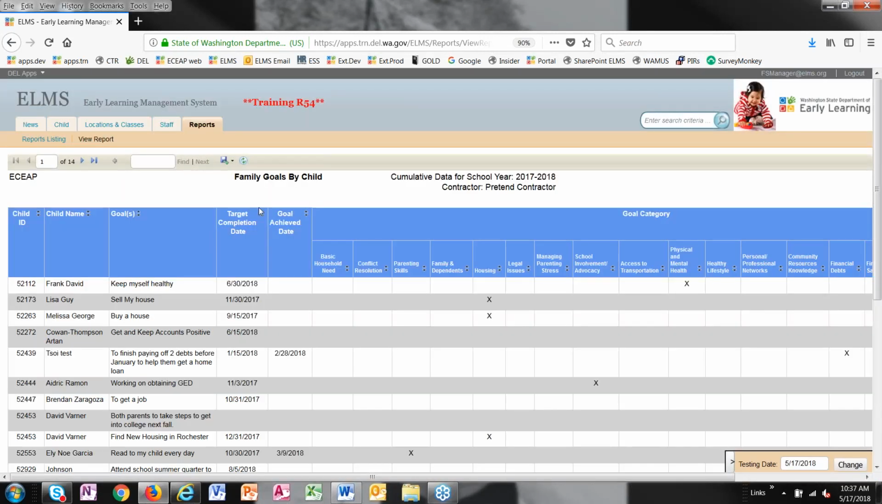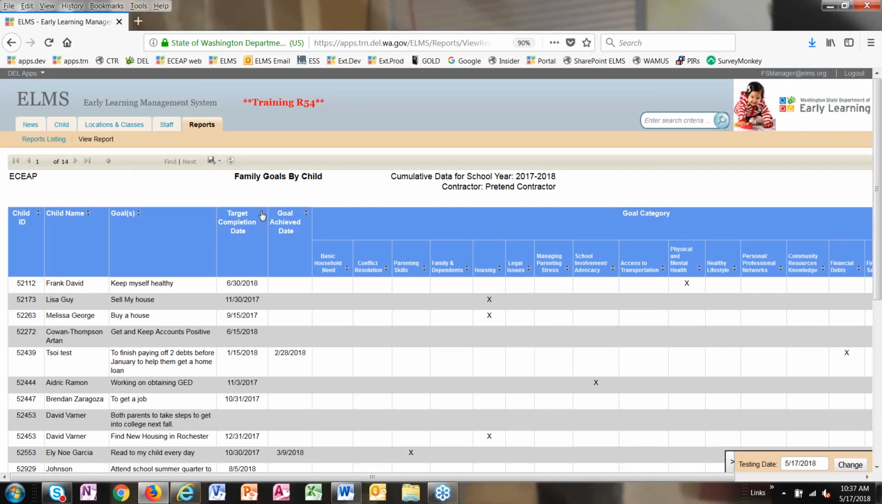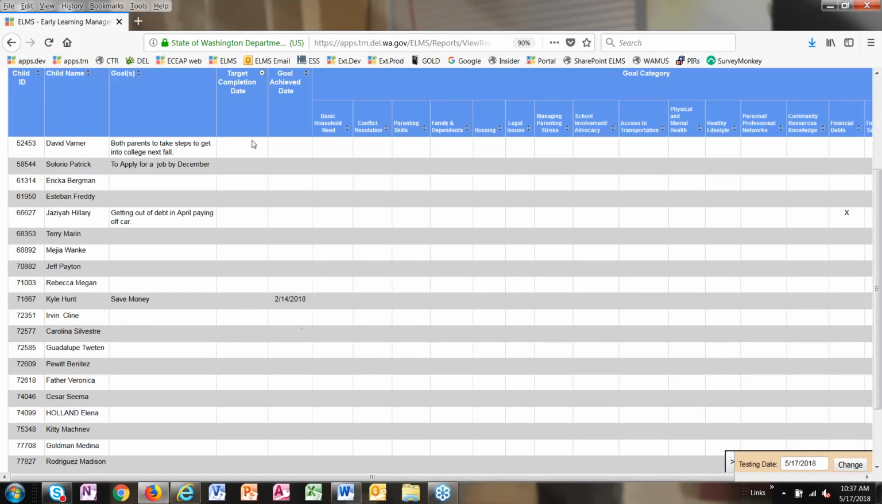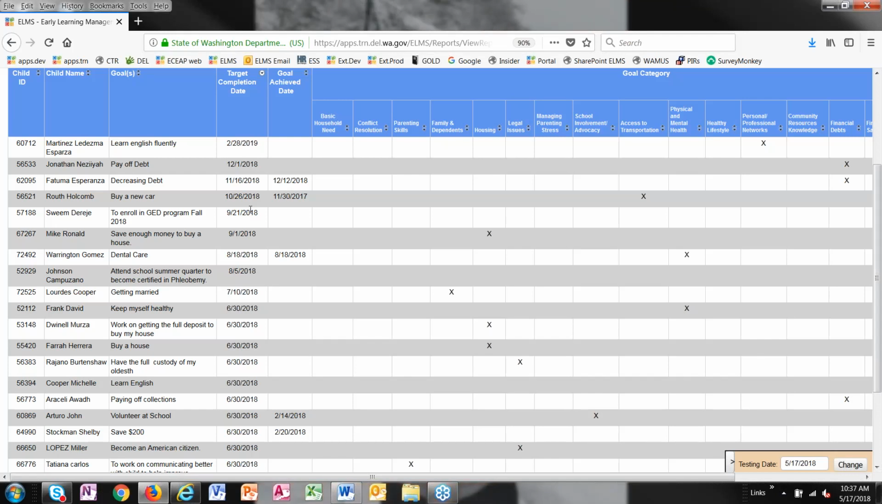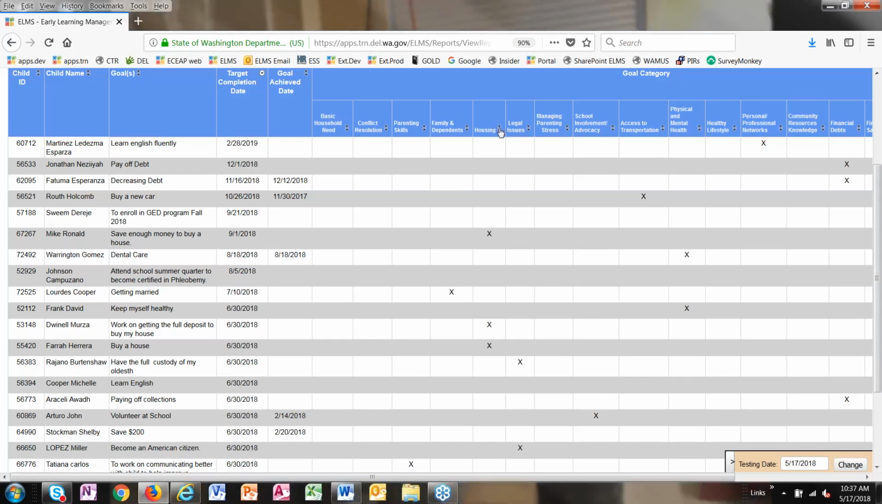And I would just urge everyone to really play around with that. That was something in the pilot that folks felt was very, very helpful, to be able to search by target completion date so that they can see, oh, in the month of December, I need to check in with these 3 families, because this is where we had originally set our target date. Great, thank you. You can also sort by any of these goal categories here